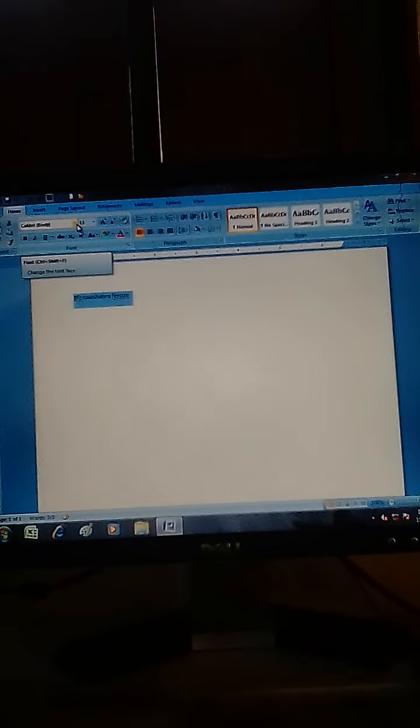Dear students, today's practical is based on Microsoft Word, and in Microsoft Word we also learnt about Calibri, in which several styles are present.